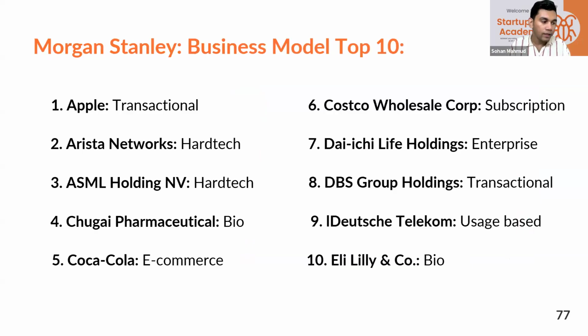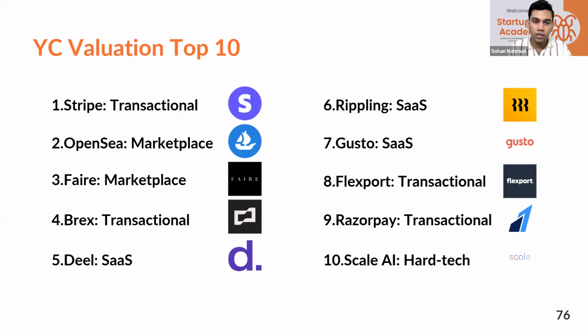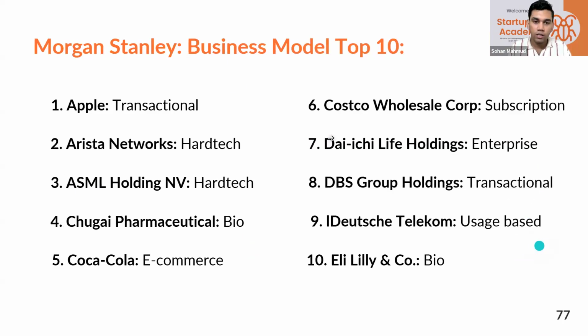And if you look at Morgan Stanley's business model, where it invested is like Apple, Arista Networks, ASML Holding, Chugai Pharmaceuticals. These are a little bit different than transactional. They're more hard techs because these companies usually invest not into startups but into established companies who are trying to raise maybe Series A, Series B, Series C. But if you look into YC, that is what you can refer to most. So okay, let's move into our next slide,